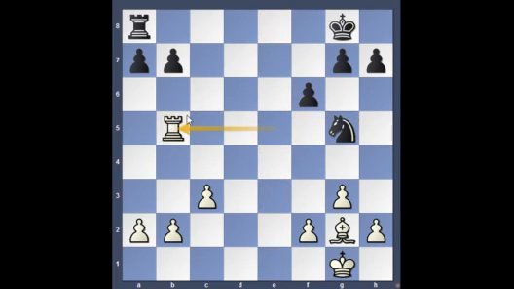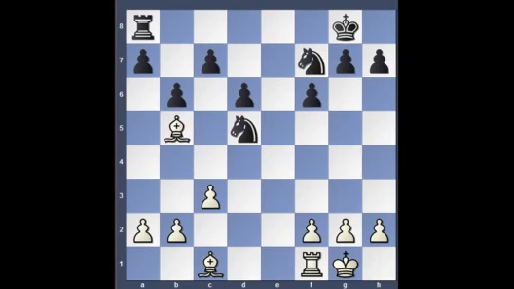So let's move on to the next point, that is using the bishop. So how to create a double attack with the bishop? We can see the knight on d5 and the rook on a8, both are hanging and they are on the same diagonal. So we can move our bishop to c6 and create a double attack on the rook as well